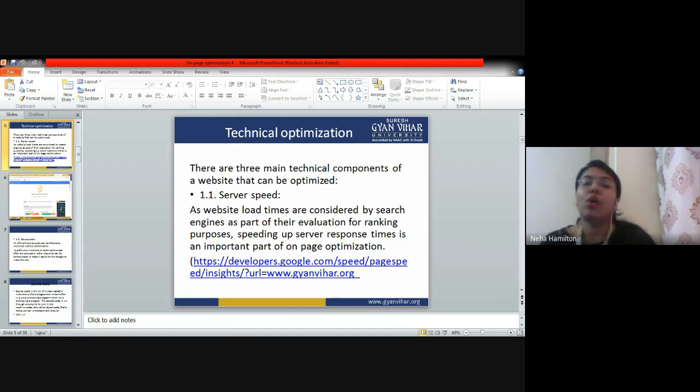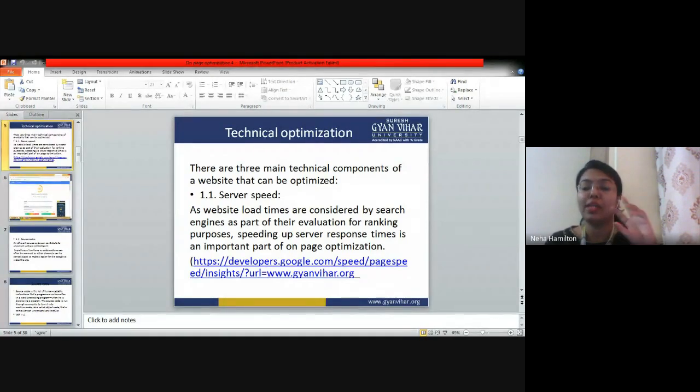Okay, now how does the server speed impact your on-page optimization? If your server is overloaded, if your server has a memory issue, if your server is bombarded with a lot of traffic, then the server response time increases. When the server response time increases, the page loading speed decreases.